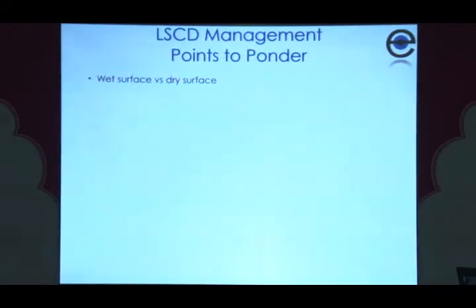Second thing is, keep in mind the cases that you're seeing, whether they are wet or dry surfaces, whether the limbal stem cell deficiency is partial or total, unilateral